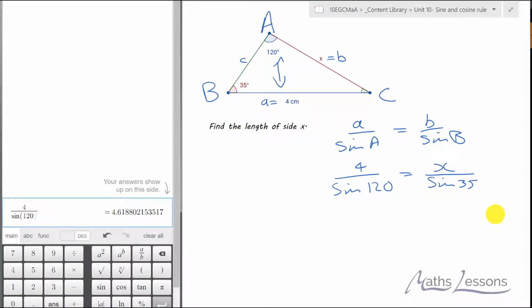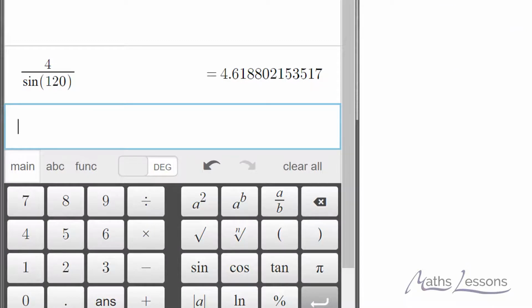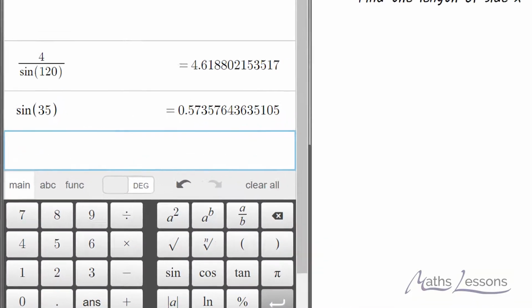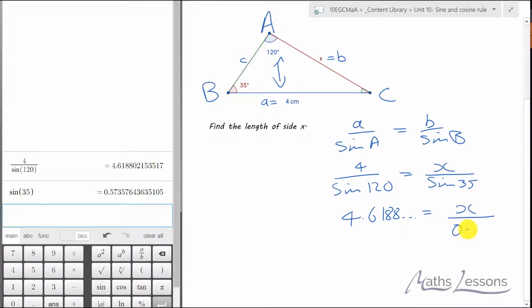And that comes out as 4.6188 and so on. And sine of 35. So let's do that. Sine of 35. Press that and we get 0.5735 and so on. So therefore x will equal